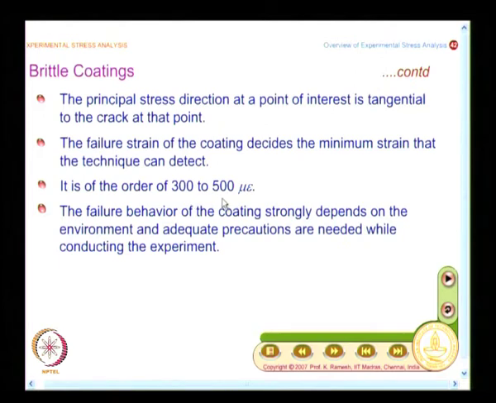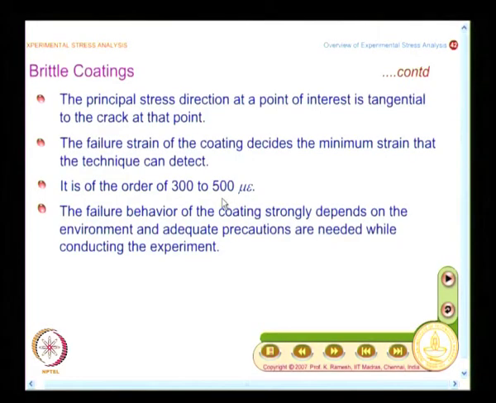But experimentalists have not stopped like this. Once you find that there is a limitation, they have also developed methodology where they use refrigeration to reveal regions where you have strains below the threshold and develop the cracks. So, if you get into the technique, there are ways to circumvent some of these issues.